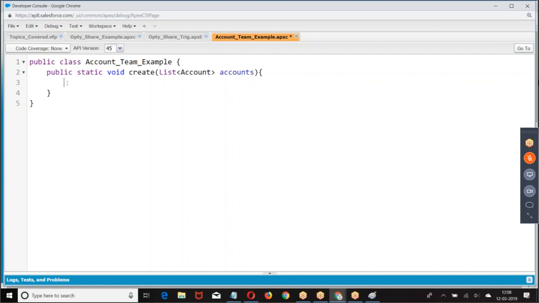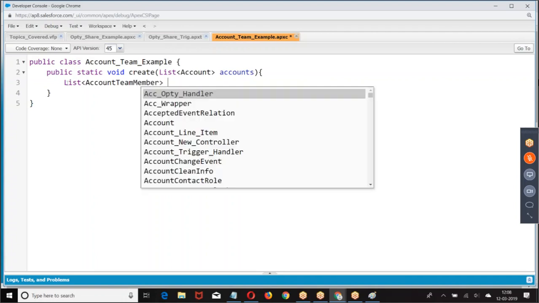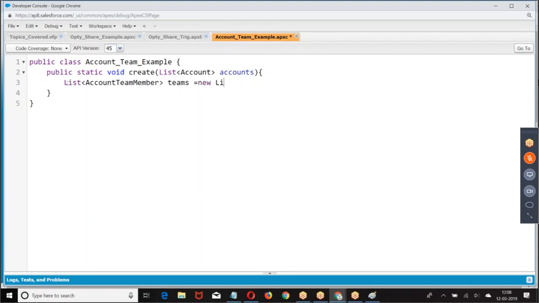Then we have here first list of account team member, now we are giving it. Then we have for account A in accounts, what are we doing?